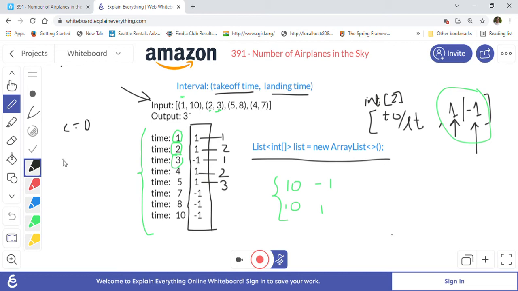So in this case the 3 will be the maximum as of now. After that, -1 means 3 minus 1 is 2, and 2 minus 1 becomes 1, and 1 minus 1 will become 0.